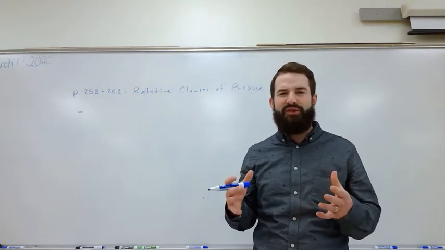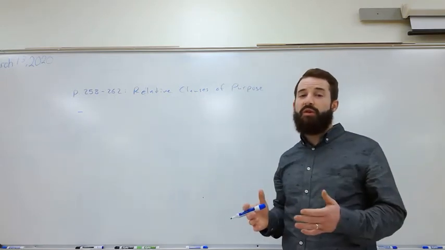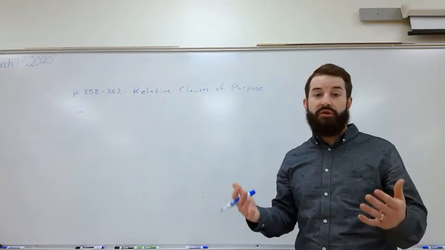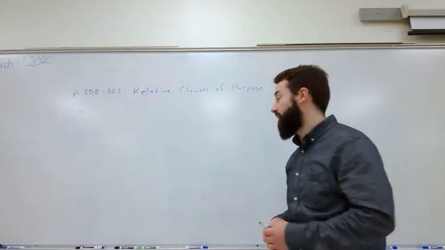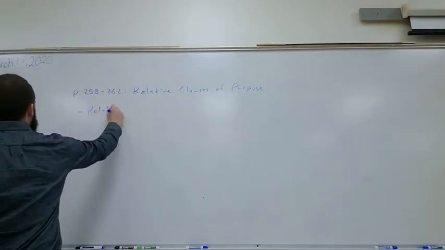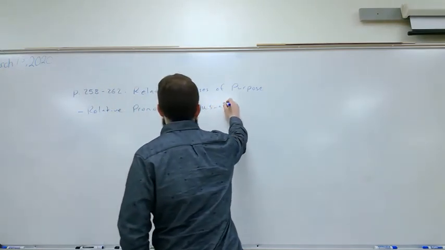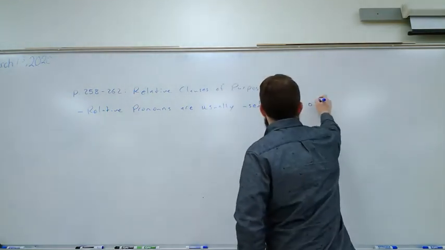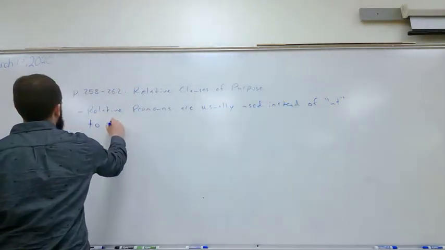So it's sort of like you learned an easy way to do it, but it's not the most common way that it's done. In Latin, usually when you want to express a purpose clause, in order that this might happen, or in order to, or to do this, you're actually going to use a relative pronoun instead of ut. So I'm just going to start here by saying relative pronouns are usually used instead of ut to express